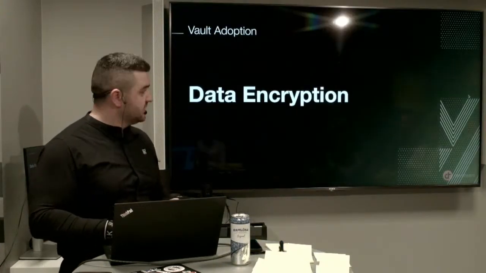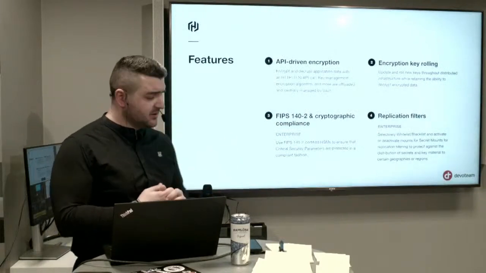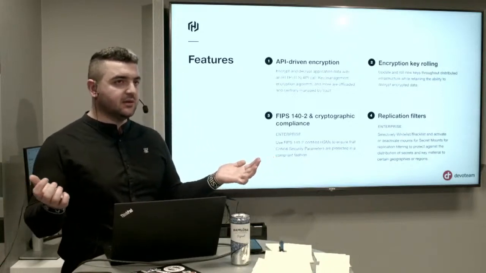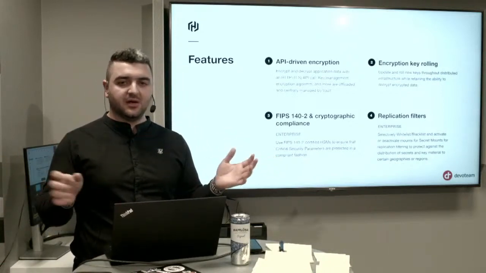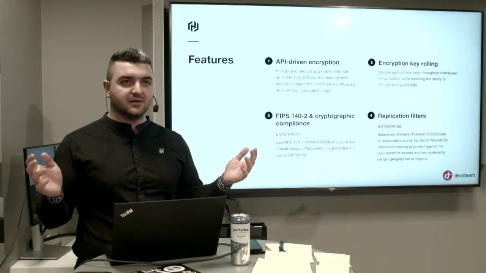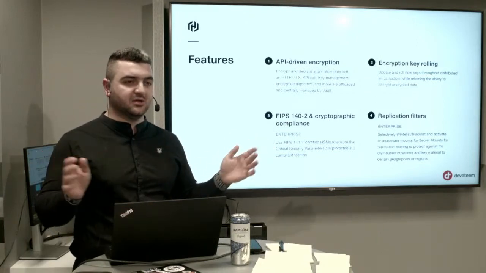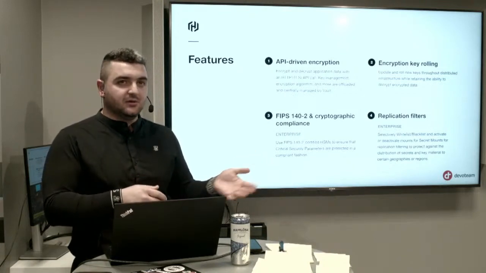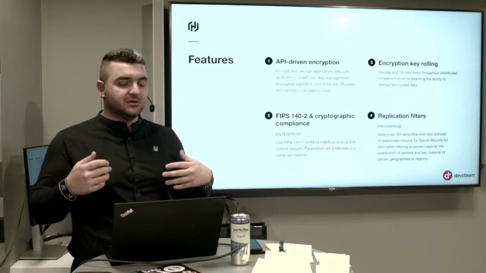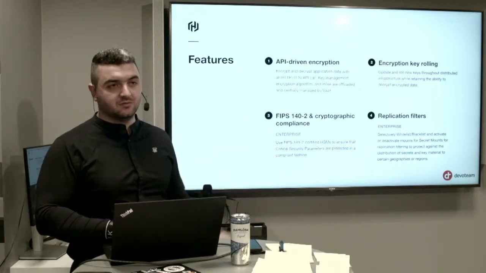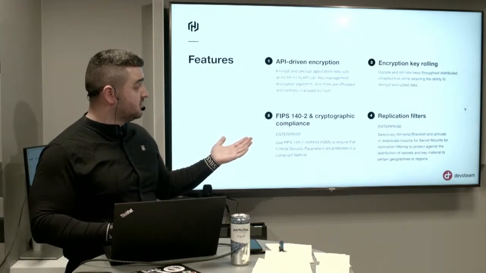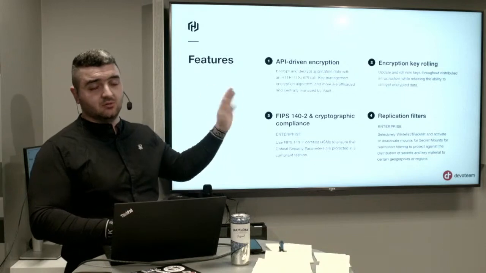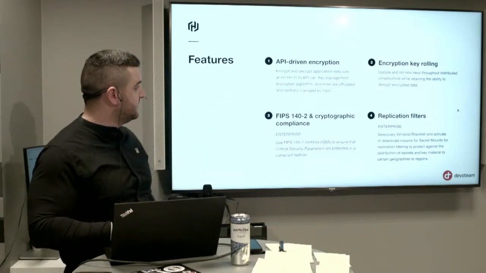So let's speak about data encryption. And here is also one of the great examples. Hey, I am a product manager. I don't care if you use API, CLI, whatever. I just have plain text. I want to upload it somewhere so that it will be encrypted and secret, okay? And secure. So I don't care. It's your problem. You are the technical people. I'm a product manager. This is how I work. So solve it for me. That's where it's really good. You can do API-driven encryption, and in the Vault UI you can do it as well. So we will go through the Vault UI as well.